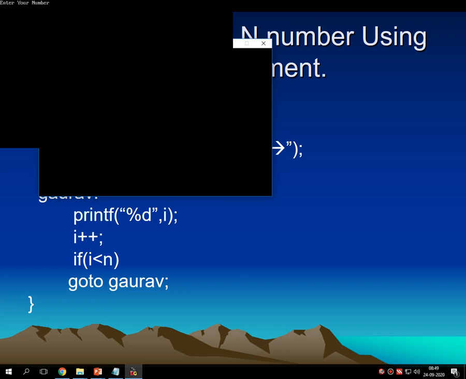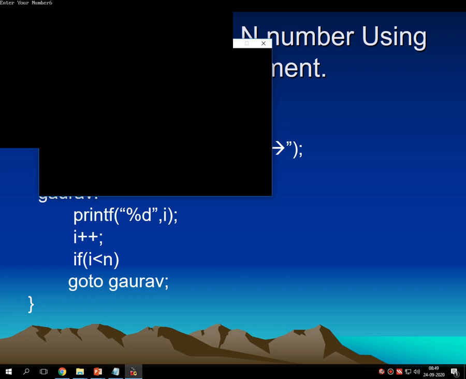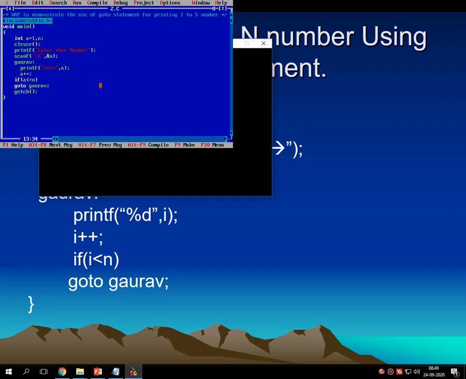Whenever you execute this code, it asks you to enter a number. Say for example, I am entering 6. Up to 6, it repeats and gives you the output. Instead of 6, I am giving 3.